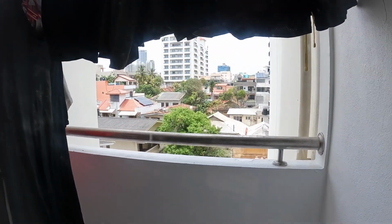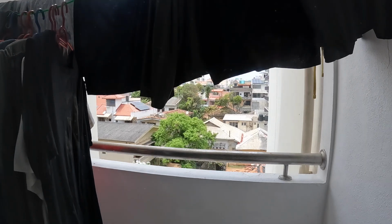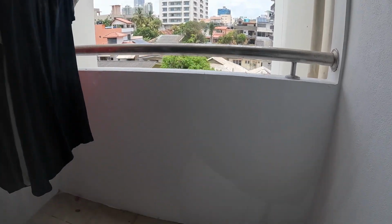But yeah, anyway, here is the balcony area, which is nice to have. I'm not gonna open it. I just got some clothes drying out here. There's not much of a view. And yeah, there's the balcony. Got a little wardrobe sort of thing here. And then we come out